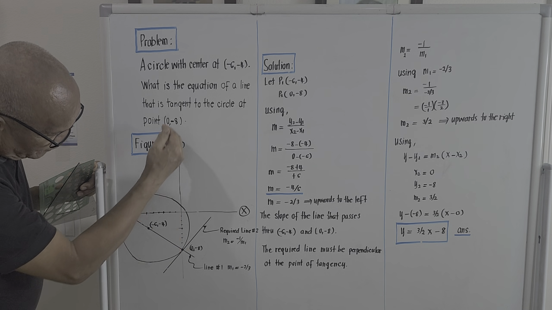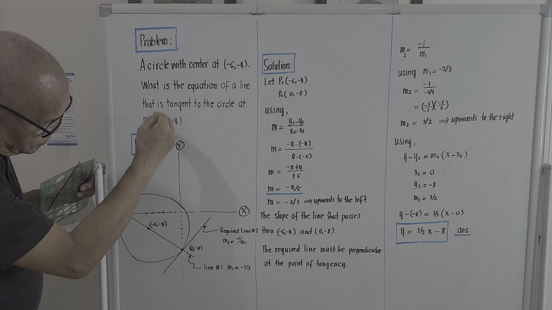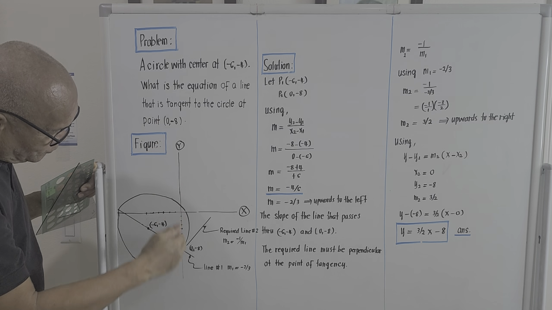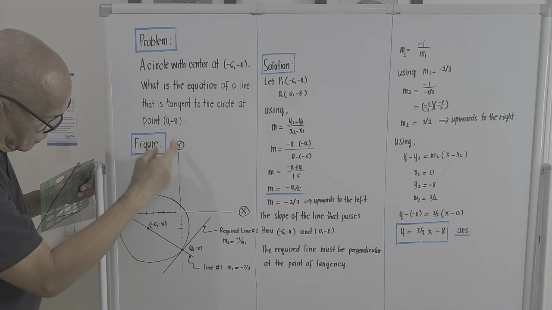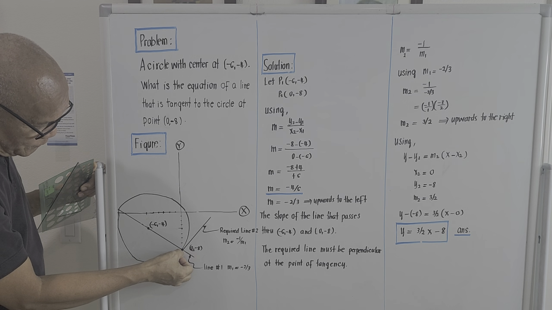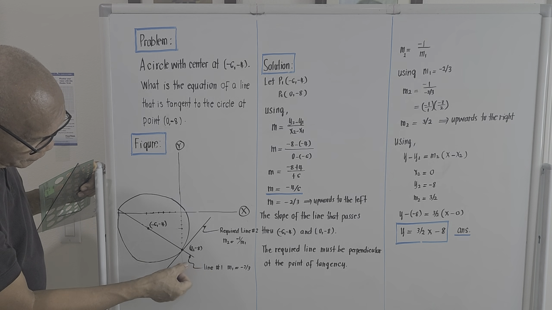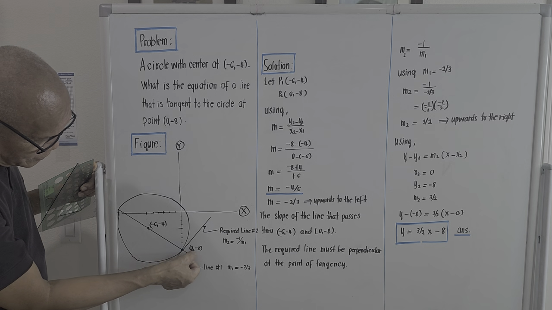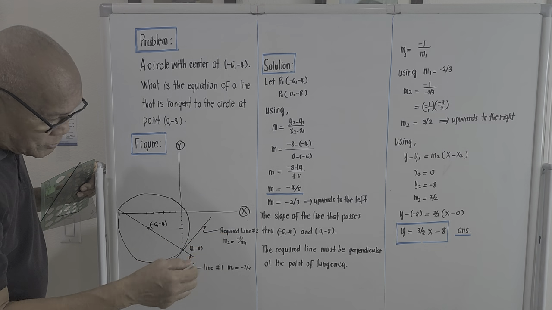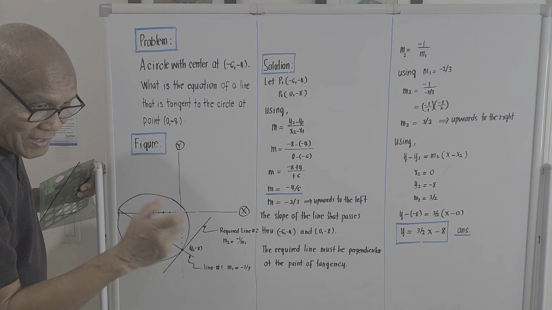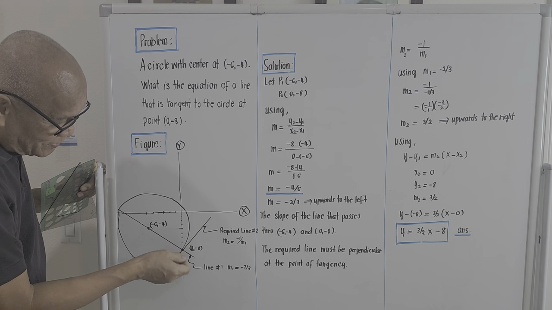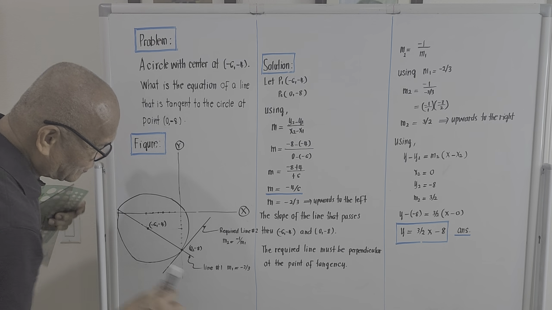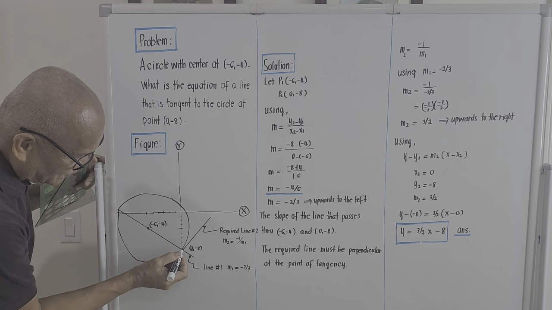The abscissa is 0, meaning it falls on the y-axis, and the ordinate is -8. So the coordinates of this point will be 0 and -8, and this point lies on the circle. Okay,